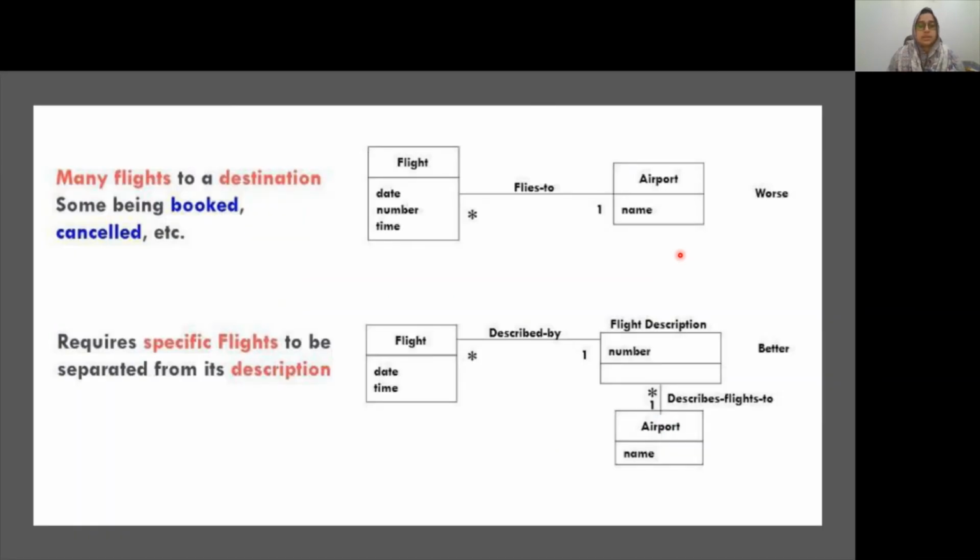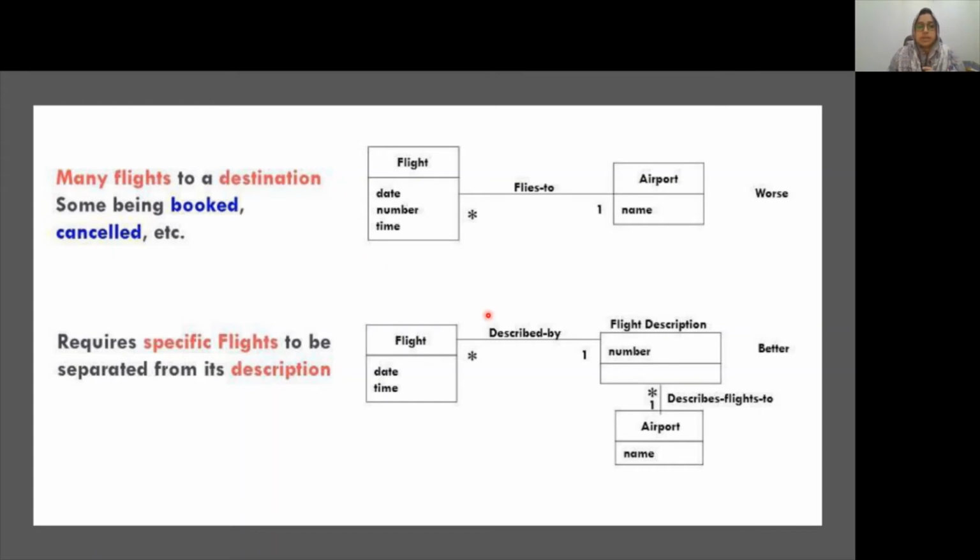Here is another example of a similar problem encountered in an airline reservation system. Here multiple flights are flying to the same destination. All the flights have the same time and date and are going to the same destination. So the total number of those flights is stored in the number attribute right here. In the first design, the number attribute will have repetition.